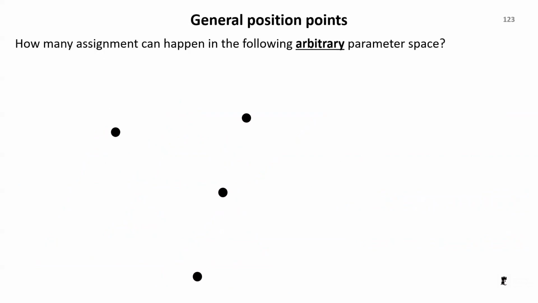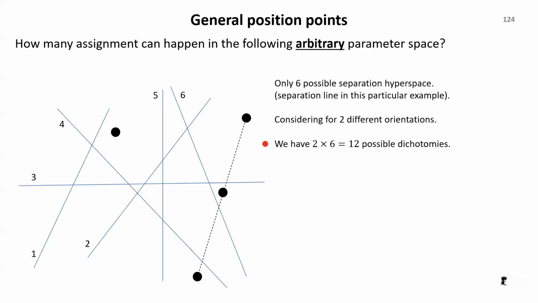But what happens if the points are like this? It's not a Boolean problem, yeah? Now we try to generalize. We try to see different cases. What happens if our points are somehow placed like this? Specifically, these points coincide in a single line.